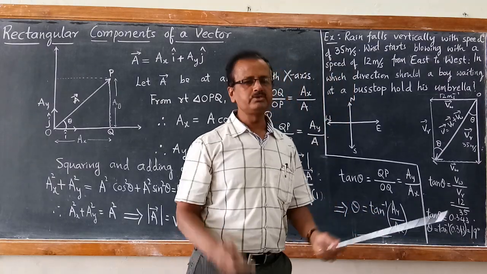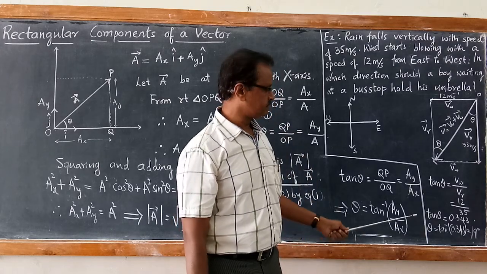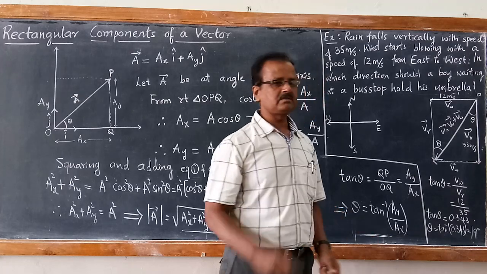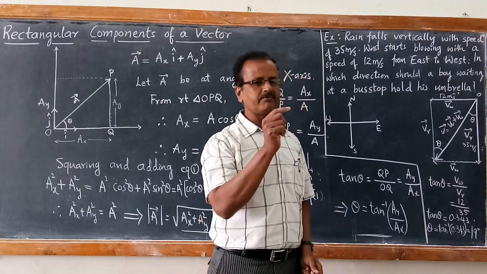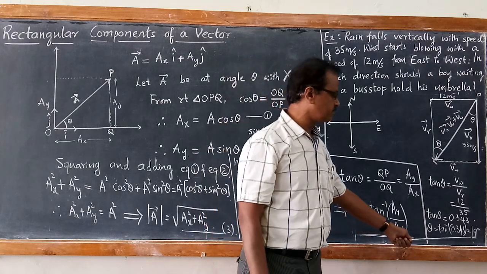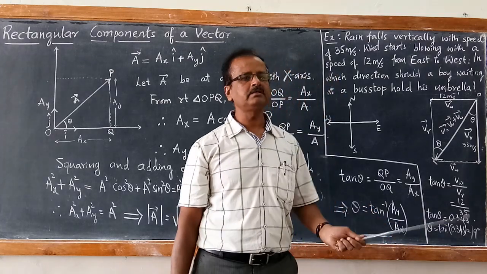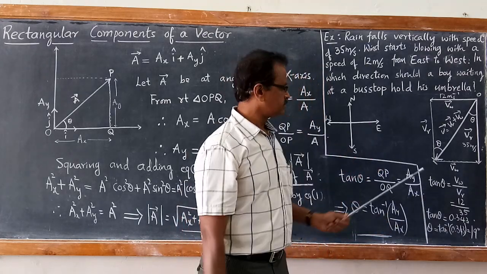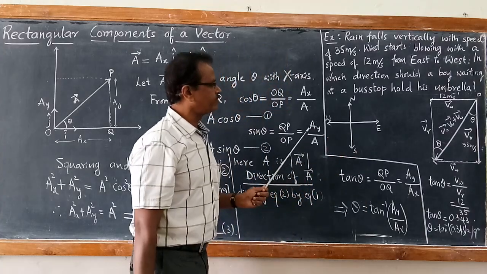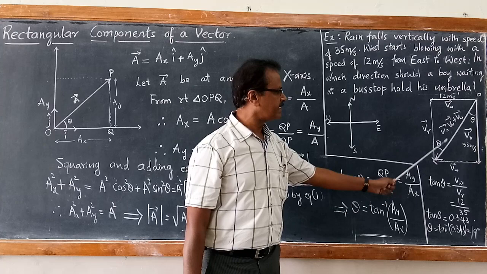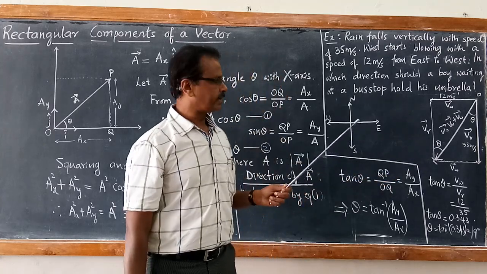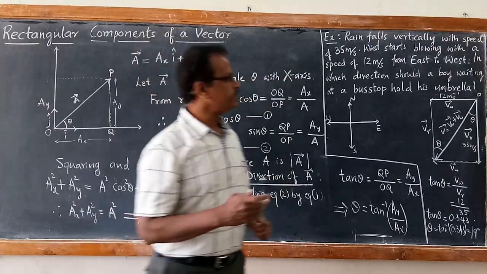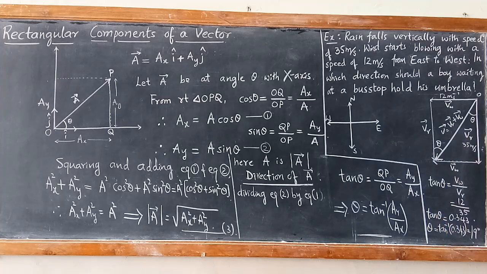You can verify this using your scientific calculator. If you open the scientific calculator and tap tan inverse, and in front of it type 0.343, you will get 19 degree. That's how you can verify the table value with the calculated value. So this is how one can solve the problem of finding the angle of a resultant vector. Now in the next presentation, we are going to find the magnitude and direction of the resultant vector.